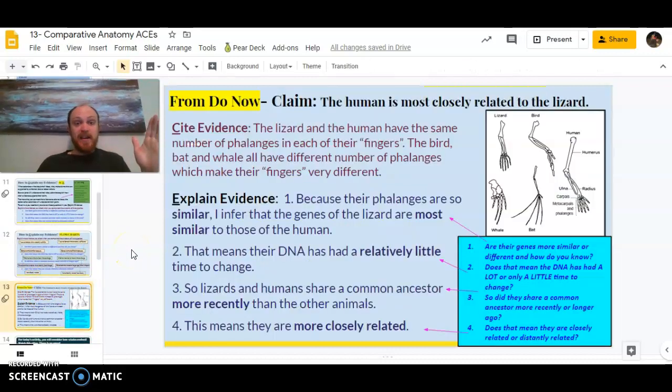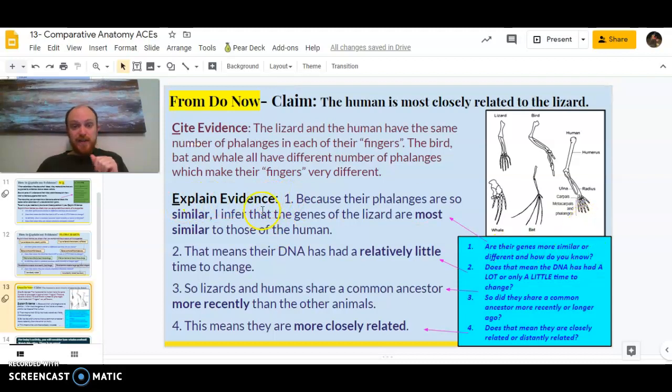So I did that. Here's an example. This is my example from the do now, which is why I always want you to do the do now so that you can think it through first. This says the lizard and the human have the same number of phalanges in each of their fingers. The bird and bat and whale have different numbers of phalanges, which make their fingers different. Whales don't really have fingers, but